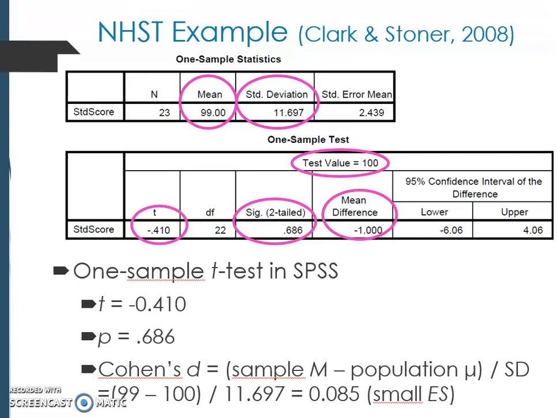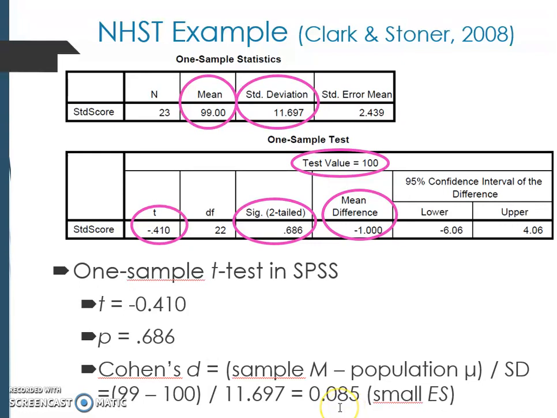how to calculate this. You can see that in the numerator there's the sample mean, and then you subtract off the population mean. The sample mean was 99, the population mean was 100, and then we divide that by the standard deviation, or how spread out the data are for the sample that was taken, in this case the 23 students who are Braille reading. The standard deviation from our tables up there is 11.697. So if we take 1 and divide it by 11.697, we come up with this